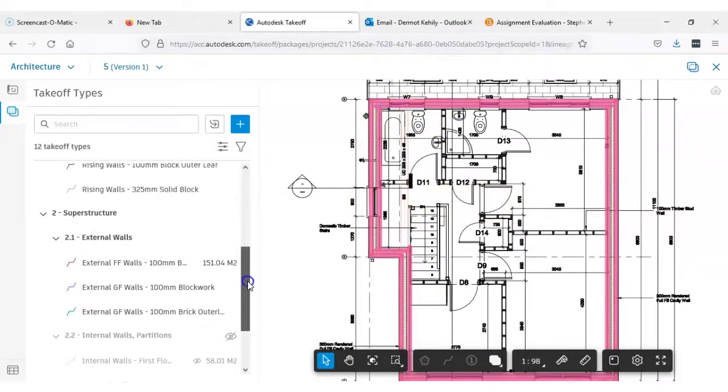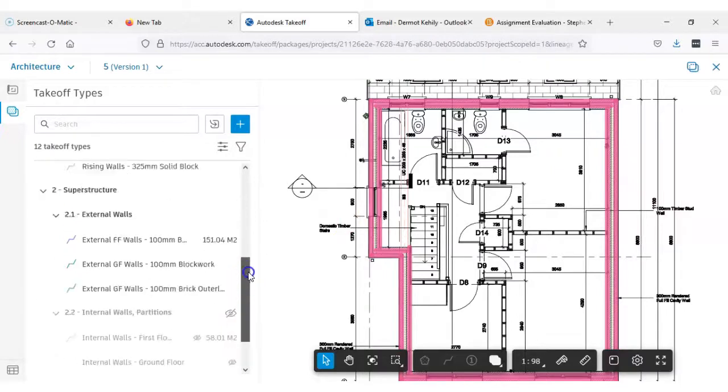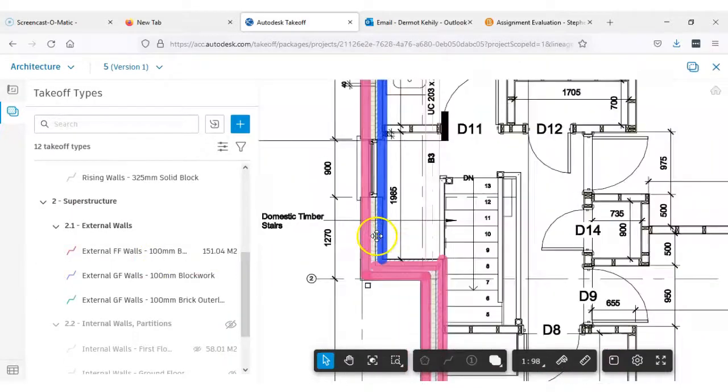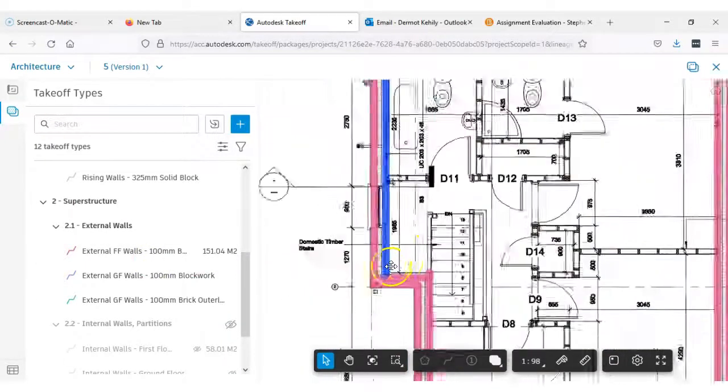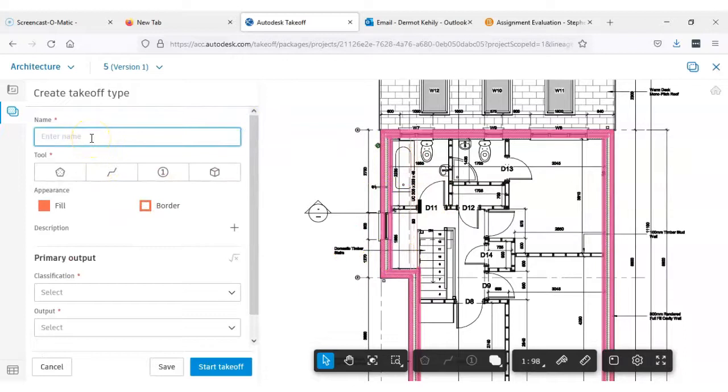And again, I can show you how to do that at a later time, but for the moment we're just concentrating on the pure forms of measurement. But something I need to measure here is the insulation. So I keep it on the first floor for the moment, because that's what I have open. And what I need to do is, again, it's external walls, and this time they believe it's